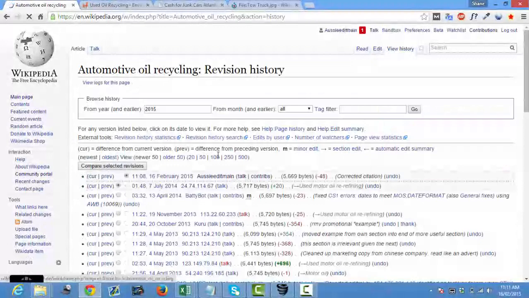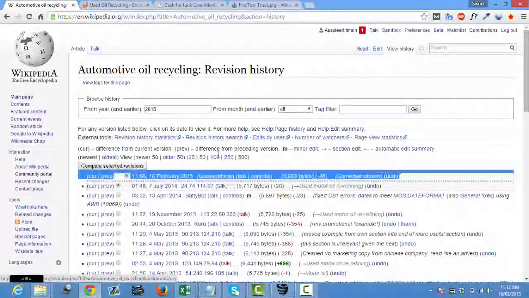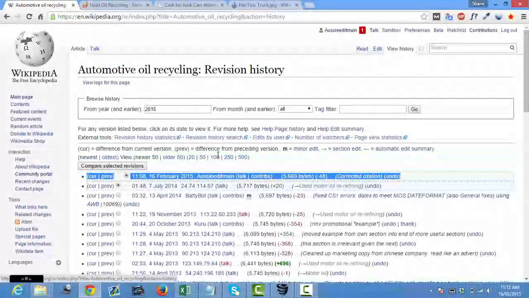I'll go to this page that we've edited and dropped our link on, corrected citation, and I'll go through in about a week's time and add a wiki link or do something that's adding to Wikipedia experience. It's not a spam link, I'm not dropping a link, and it's a clean account that's never been used for any of that sort of stuff, and I'll put an edit on this page as well.